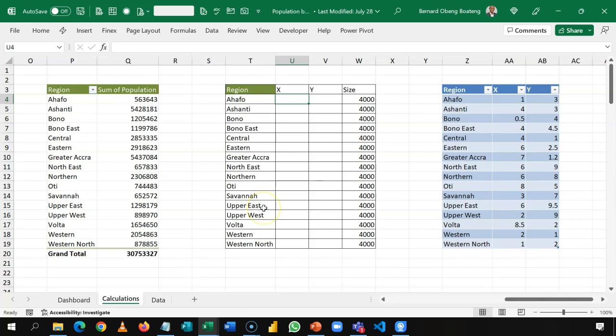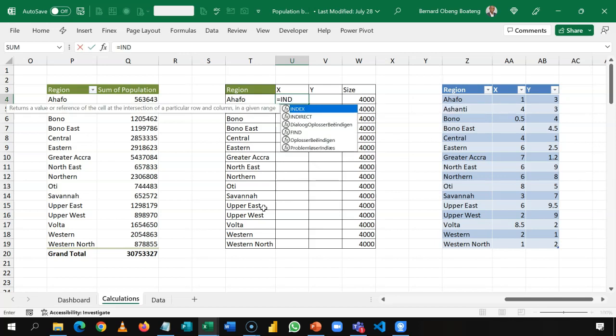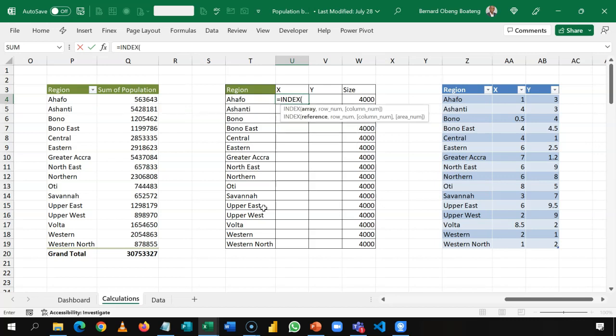Okay, so here you can use index match, or we can use VLOOKUP, or we can use XLOOKUP. So I'm going to use index match, which is available in all the versions. So index, okay, my array is the result I'm looking for. This time around I'm looking for X, so I'll select the column lookup X as my result. I'll bring a comma,